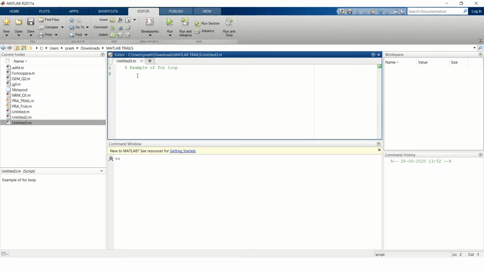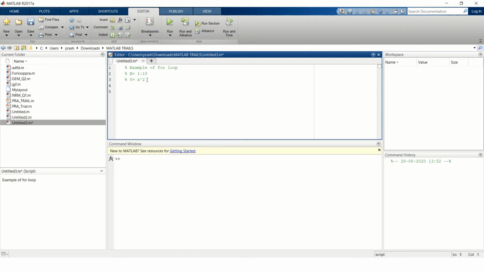Now we will try to execute a for loop. For a simple example, I have taken an example where x is varying with the values from 1 to 10, and I would like to calculate for each value of x what y should be. For describing y as a function of x, I have taken it as x square.